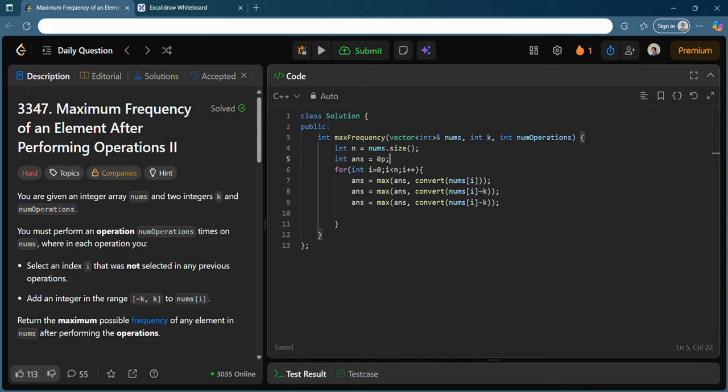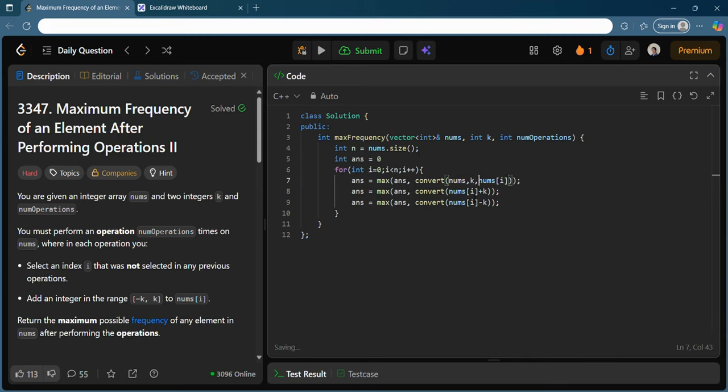What I want to do is write a function for nums i. It will take nums also, and definitely it will take the value k, and the number of operations also.